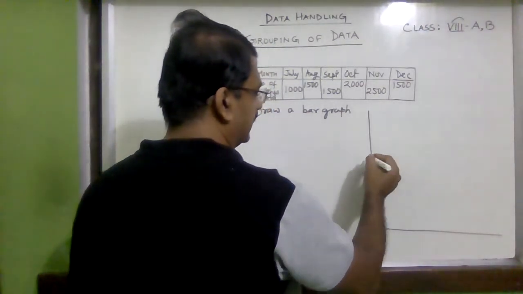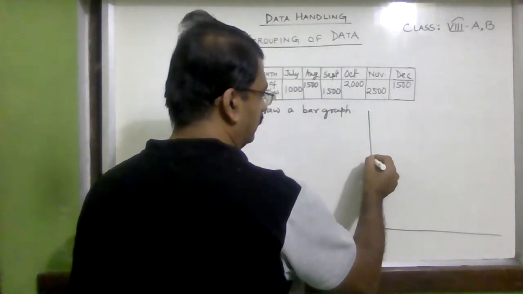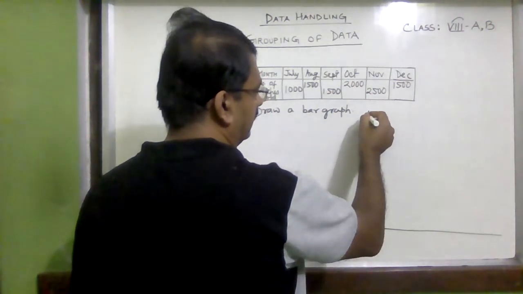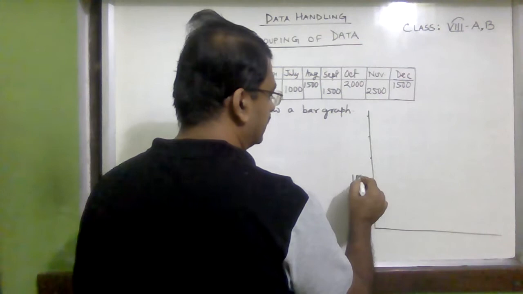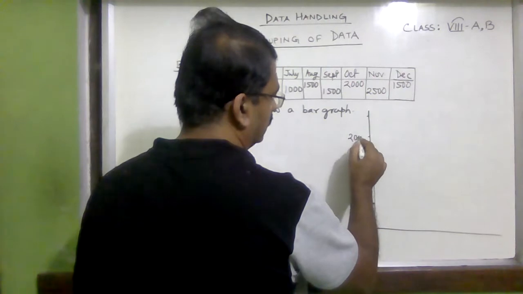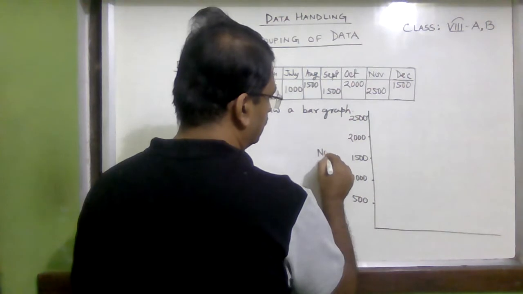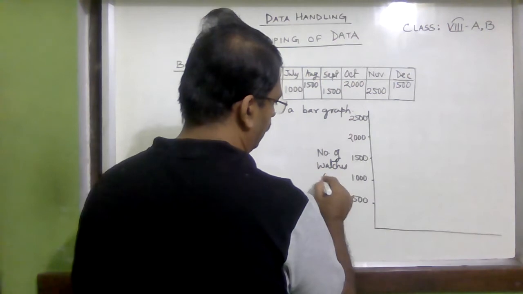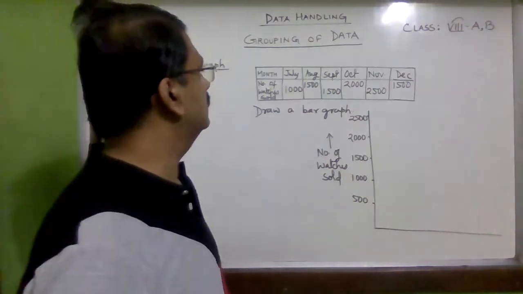Here 500, 1000, then 1500, 2000 and 2500. This is 500, 1000, 1500, 2000, 2500. Number of watches sold. Okay, now